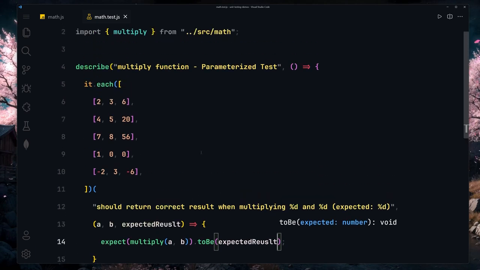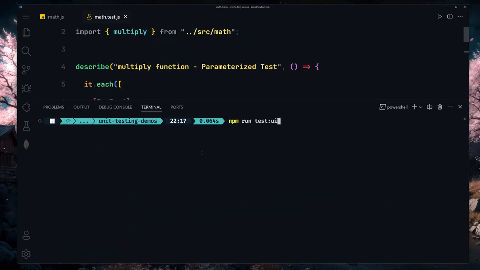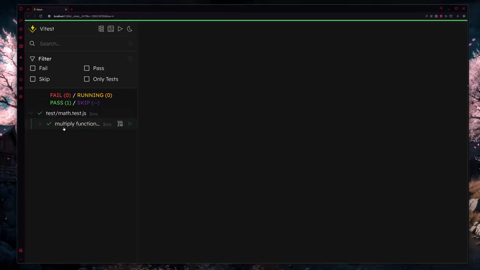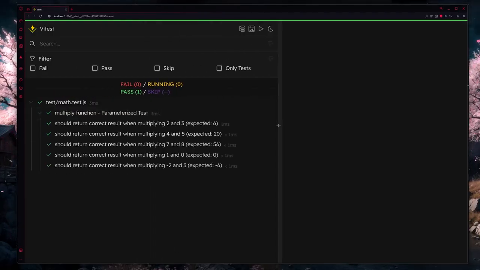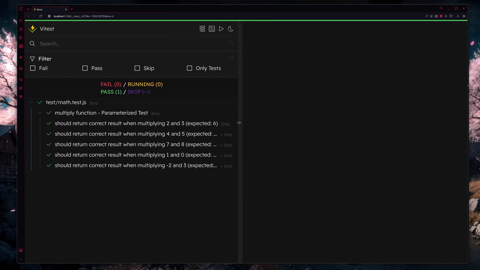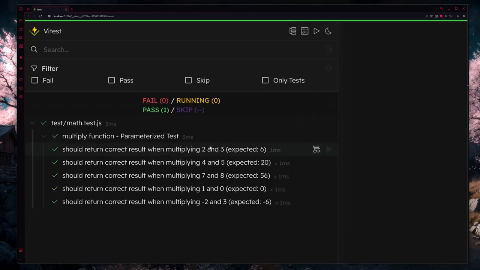Now let me just save my file, and now let's just run our test. So I'm going to use npm run test and then ui. So let's just run, and here you can see our tests are now successfully passing right here. Okay, as you can see there, multiplying 2. Okay, here you can see. So we are now getting that result, and as I said, those placeholders will be replaced by those actual